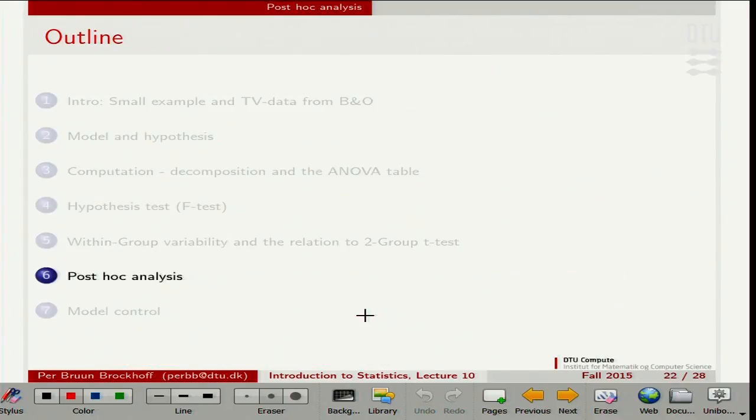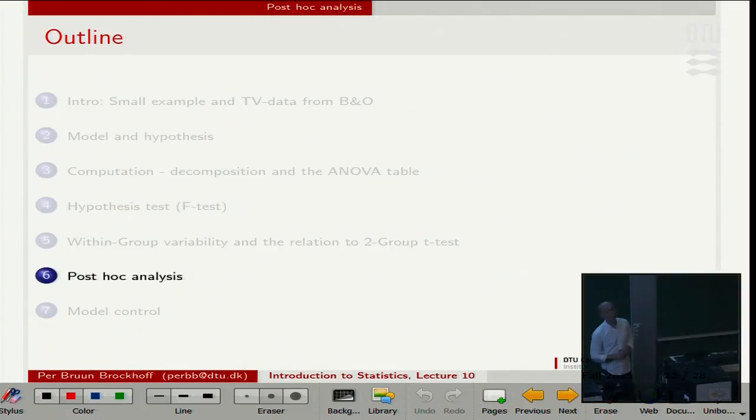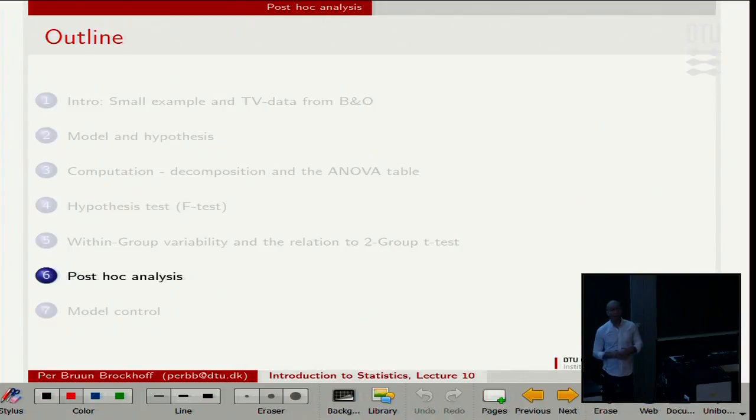Now back to the actual business of doing the analysis of some data and extracting the relevant information from such multi-group data. The term post hoc analysis is used within analysis